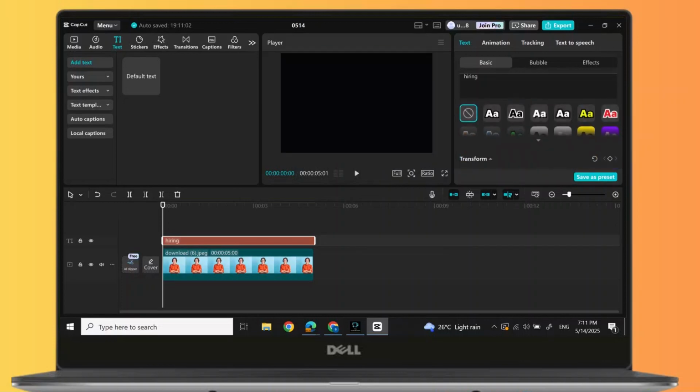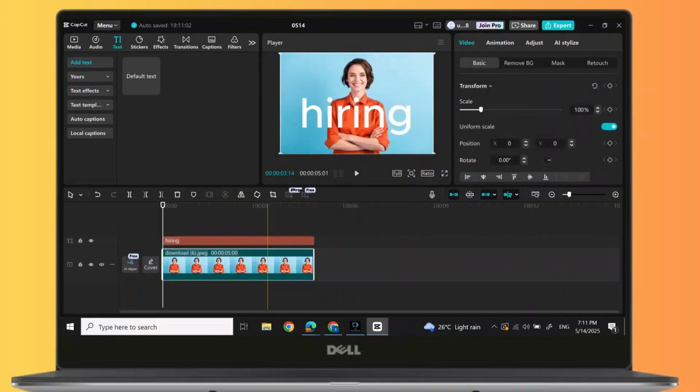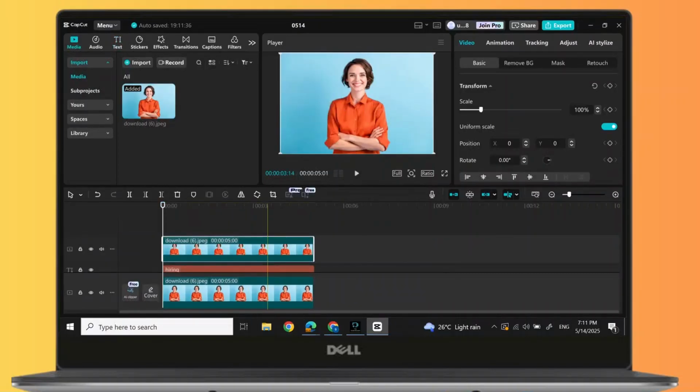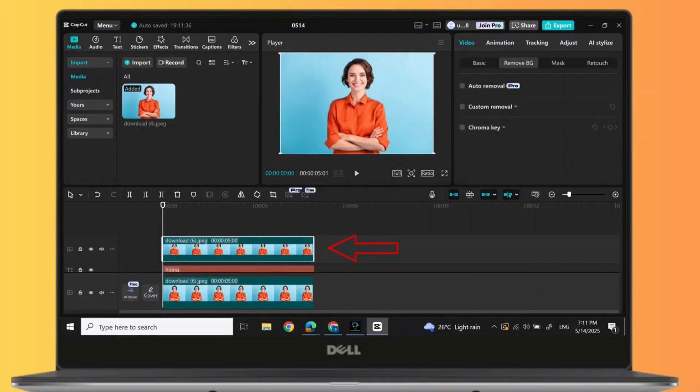You can also change font size and everything. After you're done, duplicate the video or picture. Then make it in this way: text in the middle. After that, click on the top video and then at the top right, click on remove